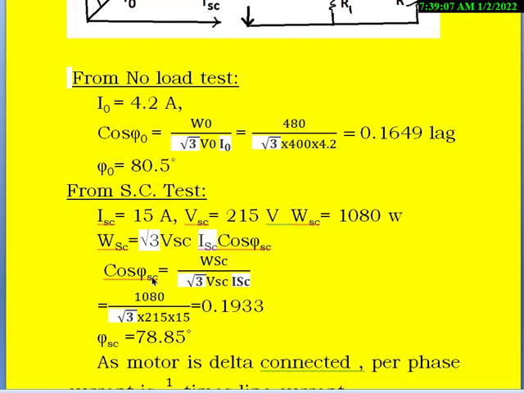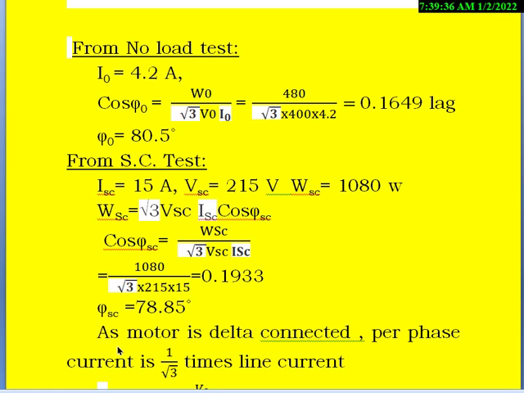So from this we can write cos phi SC is nothing but WSC divided by root 3 VSC ISC, and WSC is already given, so that is 1080 divided by root 3 into VSC, that is 215 volts, and ISC is also known, that is 15 amperes. So once we simplify this, we get 0.1933 lagging, and from this when you take the cos inverse, we get phi SC